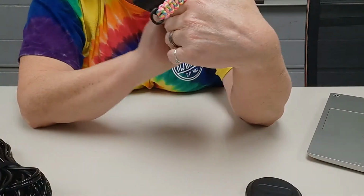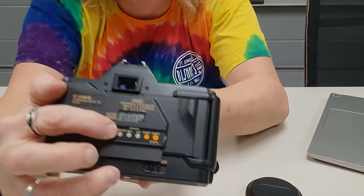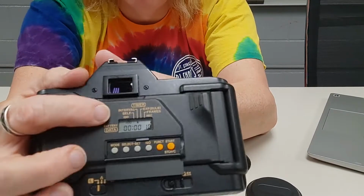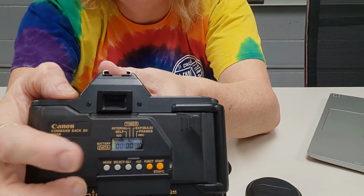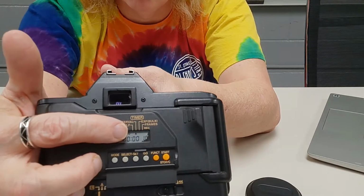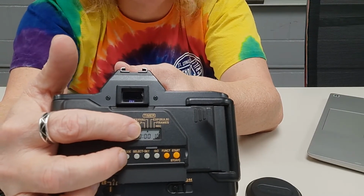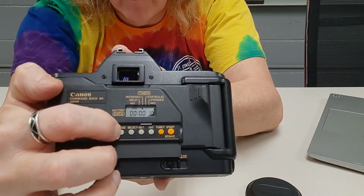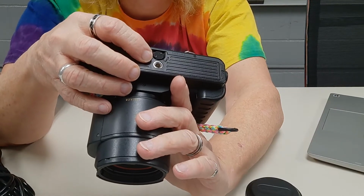Right now I believe it's on 5 seconds. So then you hit it again, and now the interval will be how many minutes, seconds in between. So you could do another 23 hours, 59 minutes and 59 seconds. And then when you hit it again, it will tell you, if you want to do your bulb exposure,